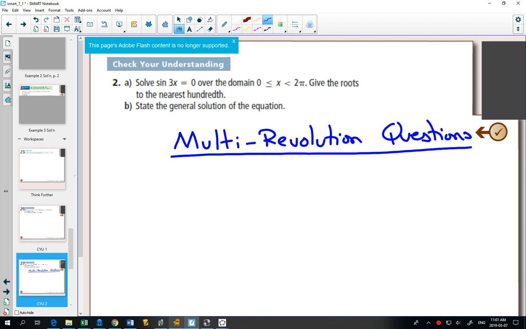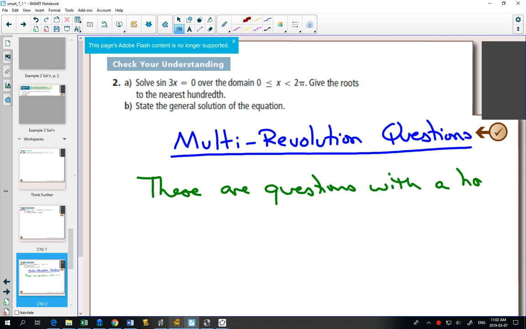So we're going to first make some notes about some properties of multi-revolution questions. These are questions with a horizontal stretch or compression. And what I like to do is